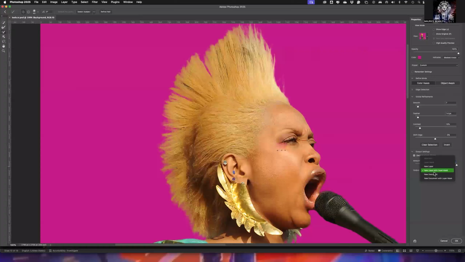Whereas new layer with a layer mask gives you a new thing. So it creates a new layer, but then it creates a mask. The mask is this overlay. So this kind of hot pink overlay that I got here, that becomes my mask. It hides the background. It hides the stuff that I don't want to see on the picture. So I'm duplicating the entire picture as a new layer, and then I'm creating a layer mask that hides